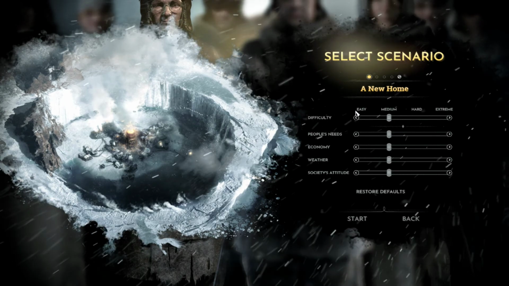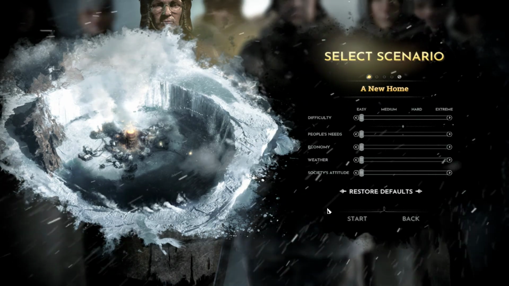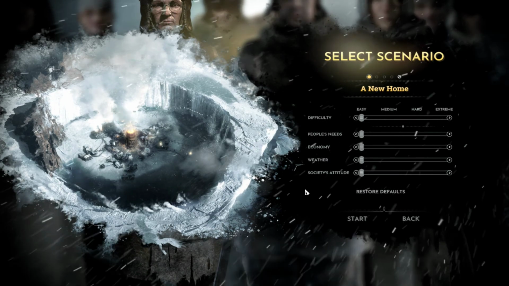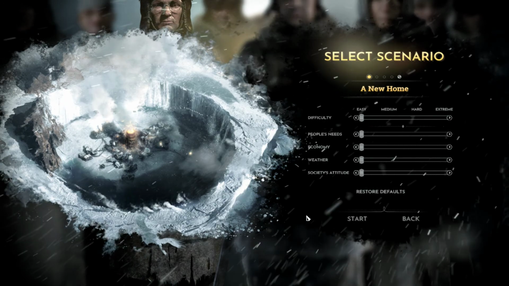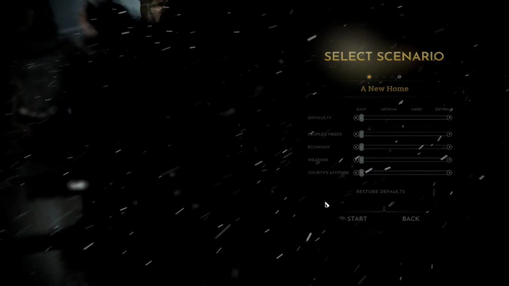The biggest thing that we're going to be worrying about with this is going to be food and coal. Big things that we're going to be doing. So everything is set to easy just to give you a walkthrough so I can also walk through the game. So without further ado, we will